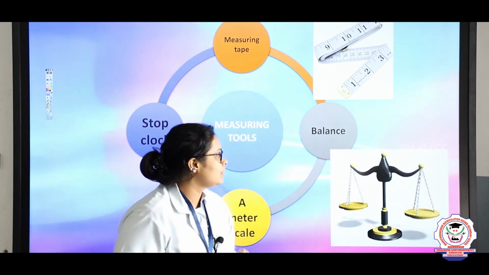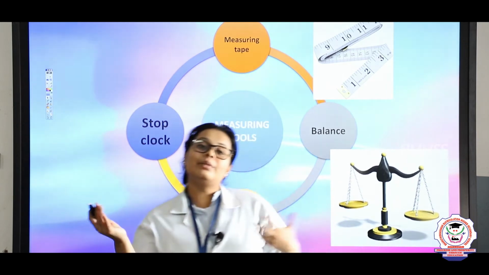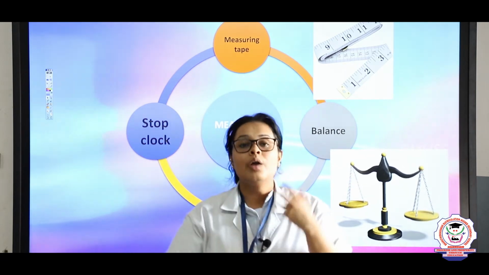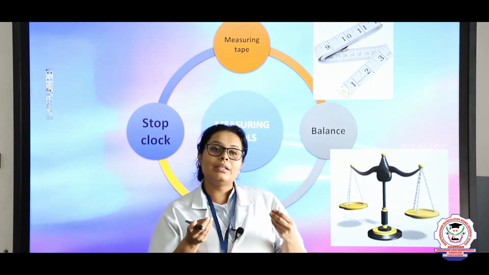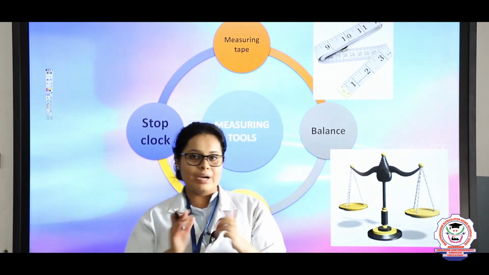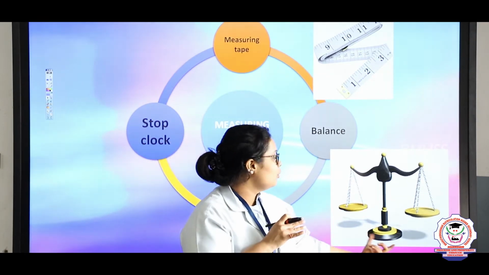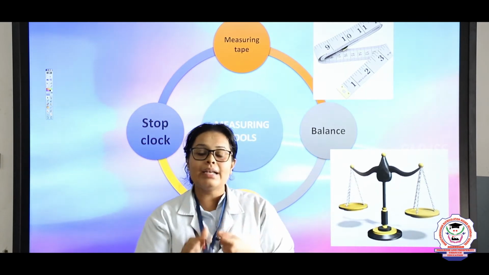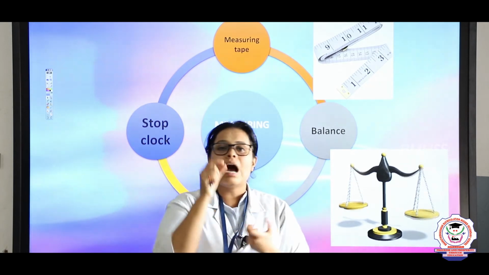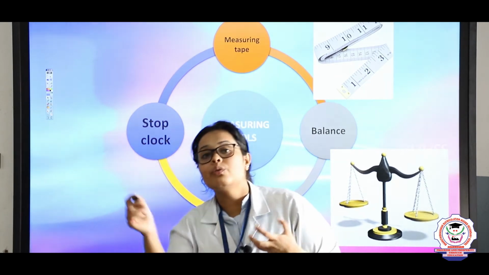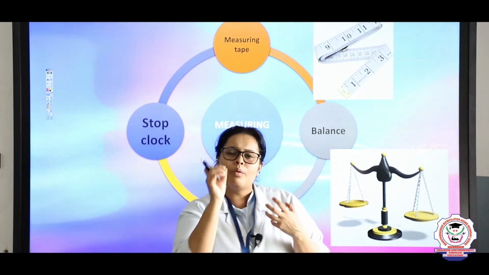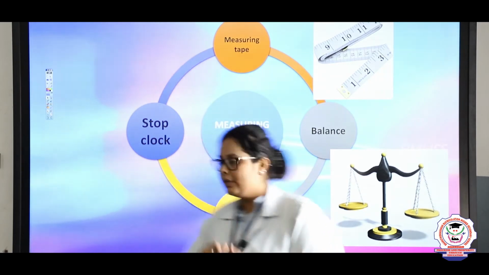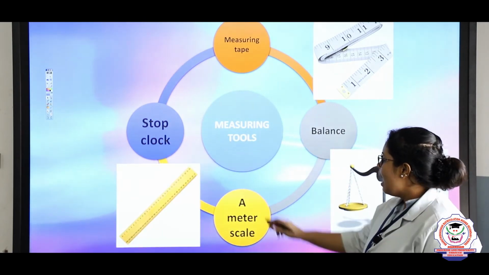In the same way, this is a balance. Previously they used to use this type of balance, but nowadays they are using an electronic balance to weigh, right? For example, now your mother wants to buy 1 kg of rice. Previously they used to weigh in this, but later on they started using the electronic balance. In that, the accuracy is better, you will get to know how much little extra or little less you are taking, but here it can be a little up or down. In the same way, third is a meter scale.